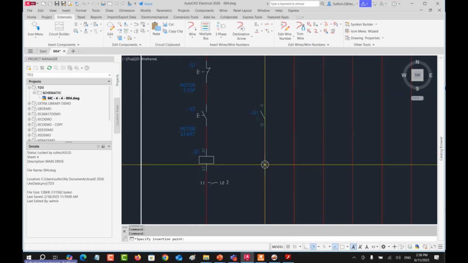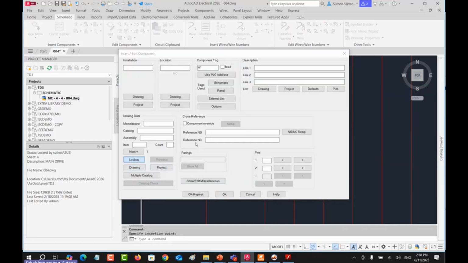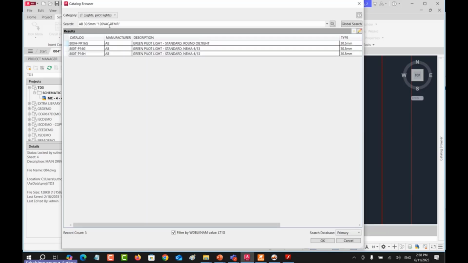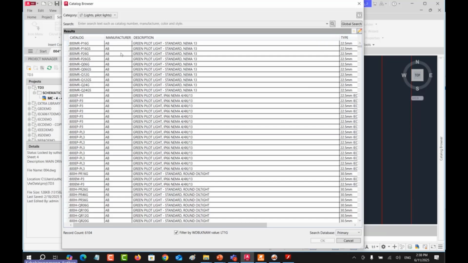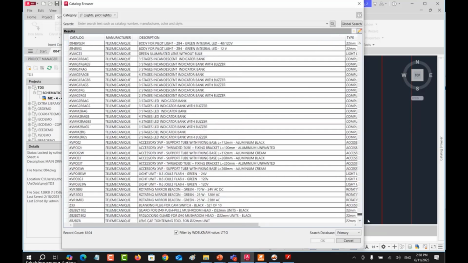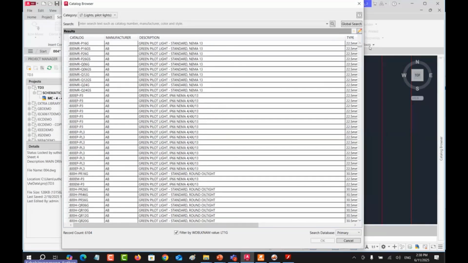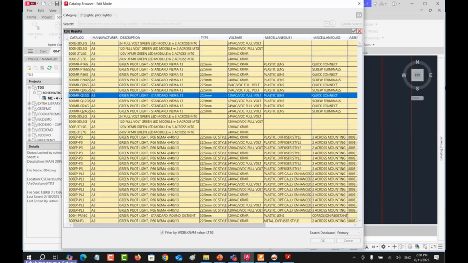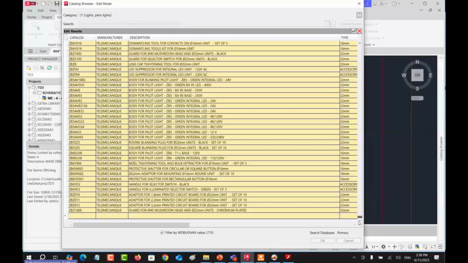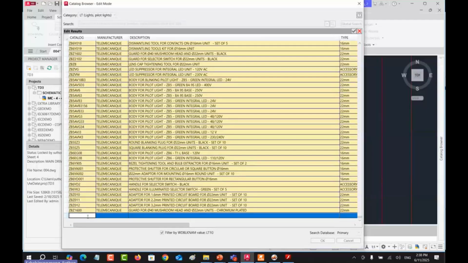In the same way, I want to show you the pilot light, the green light. I put it around here and I look up because this one is a parent component. You can see that the manufacturer list is quite short. Don't worry, you just delete this field. The system will show you the full list. But if the list doesn't have what you want, you can use this pencil button to create your own. The orange row means the last row where you can type anything and assign the database directly from here.